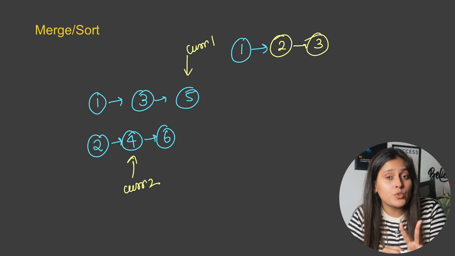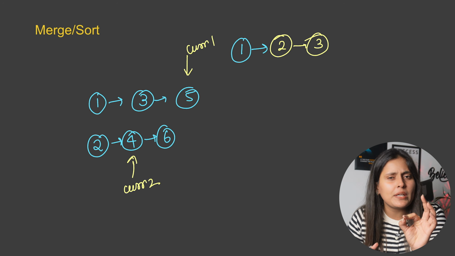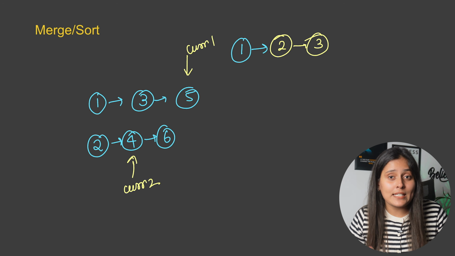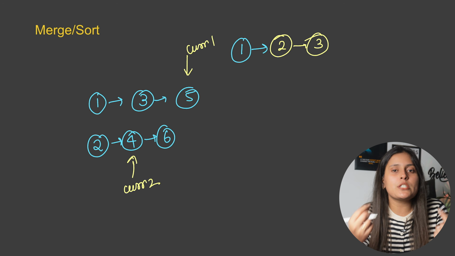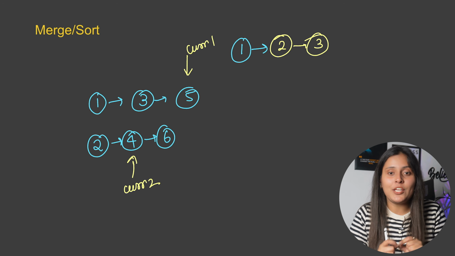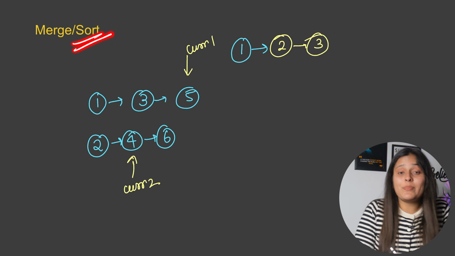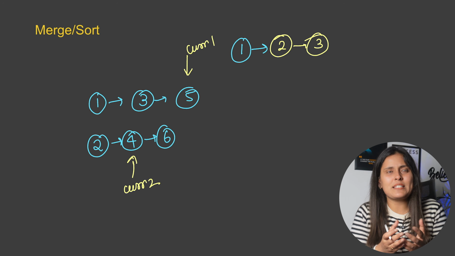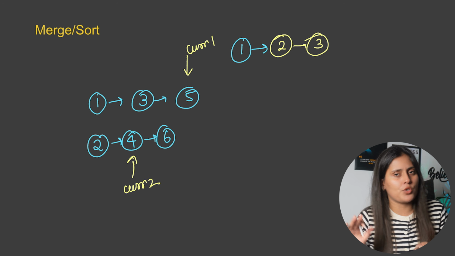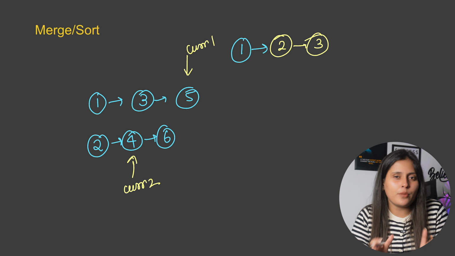Questions like merge two sorted linked lists or merge k sorted linked lists have been frequently asked in Amazon and multiple MNC companies. And the idea behind it is to compare two nodes, check which is smaller, connect it and move forward. So remember this technique and you can solve merge-based questions. And the other sort means you will be given a linked list and asked to rearrange it such that the whole linked list will be sorted. Questions like sort linked list or reorder linked list are from this category.